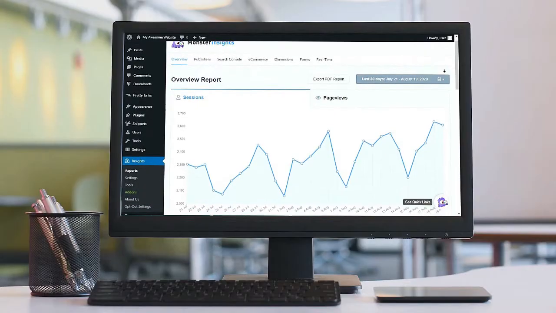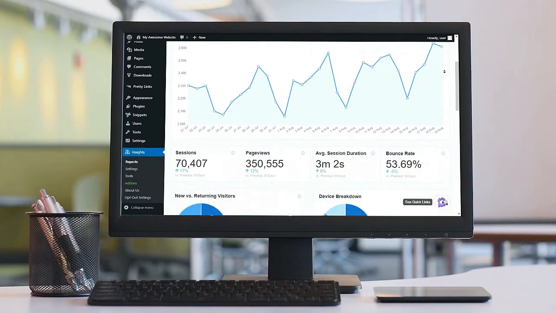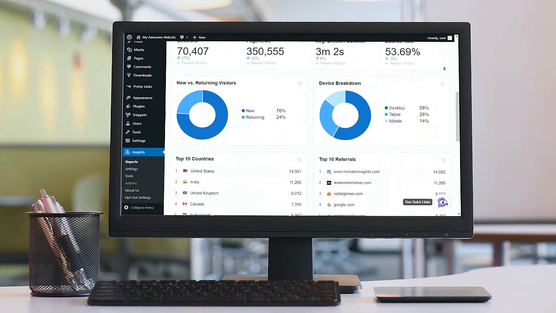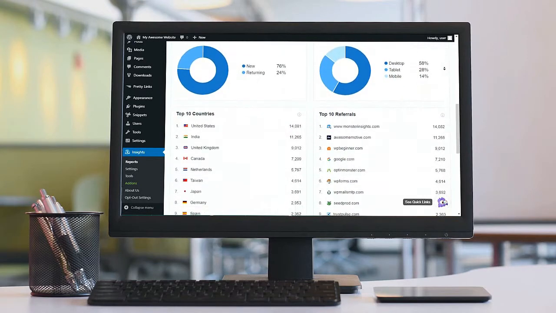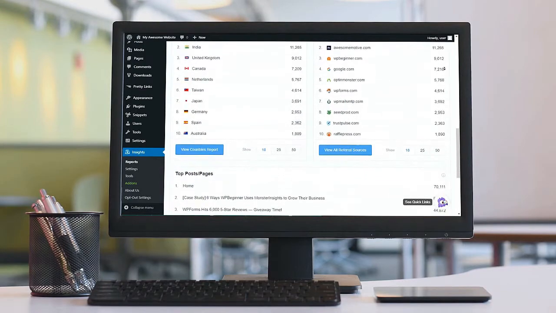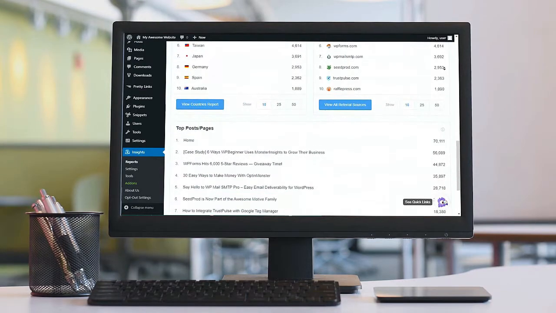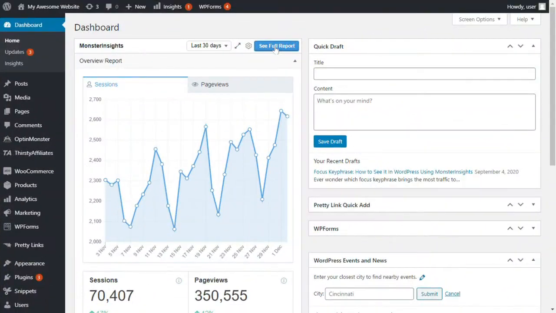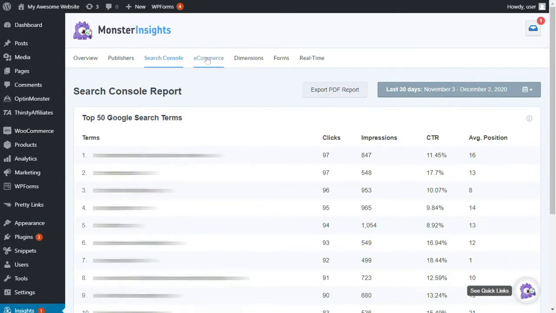MonsterInsights is by far the most user-friendly and powerful Google Analytics plugin for WordPress. It helps you to add Google Analytics to your WordPress site quickly and provides you with detailed information about your visitors. In addition to the default Google Analytics reports, you can also view other metrics like eCommerce, ads, forms, and more. MonsterInsights has a dashboard widget that gives you a quick overview report and provides you with pages that display